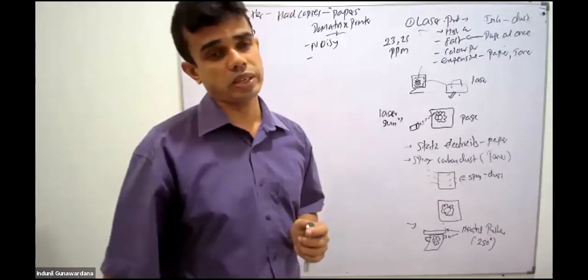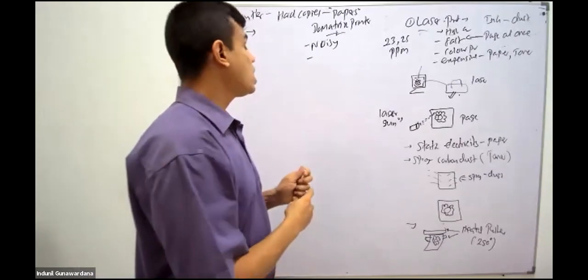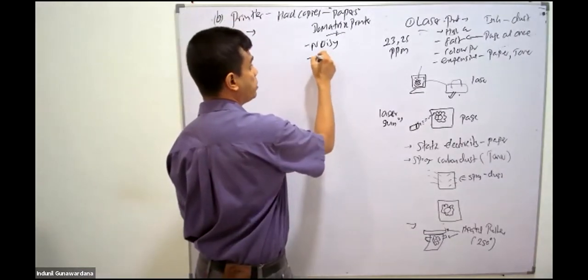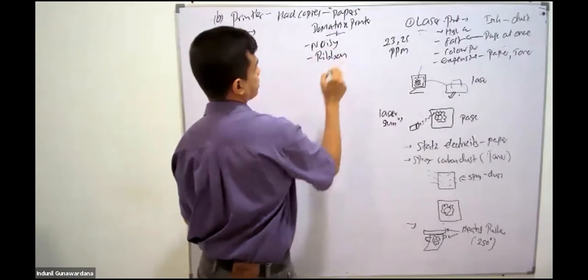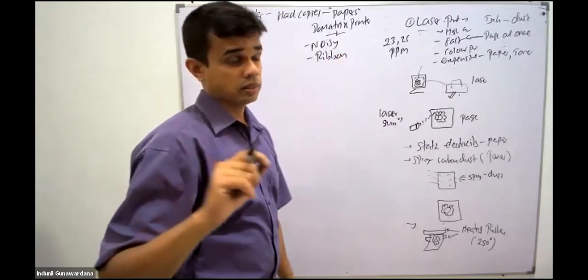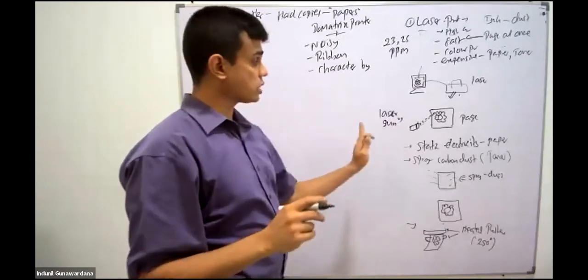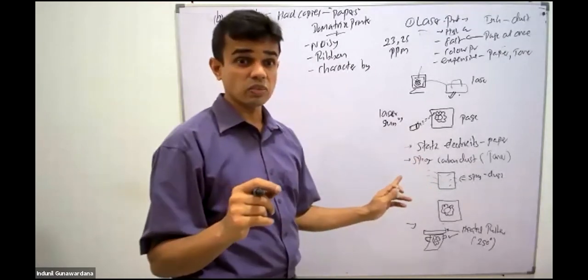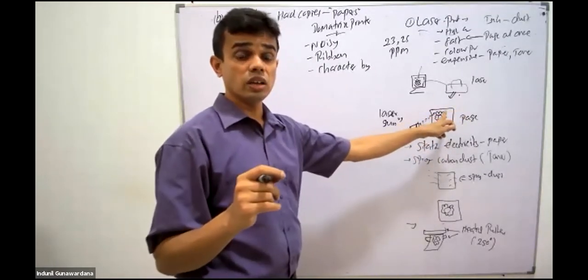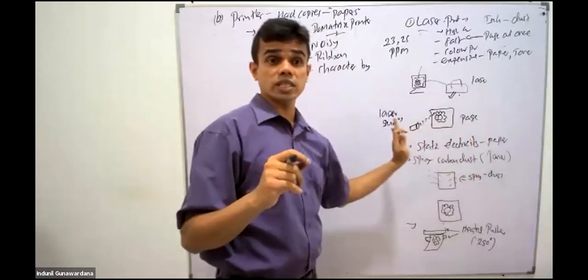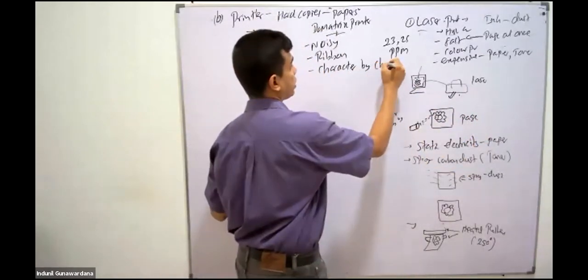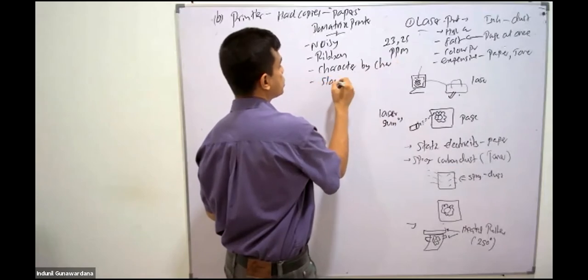That's dot matrix. It uses an ink ribbon to produce the printing. The ribbon gives you the printing character by character. So one character is printed and then it prints the next character. Character by character, right? One letter, other letter, other letter. Laser printing is whole page at once. Character by character printing makes it slower.